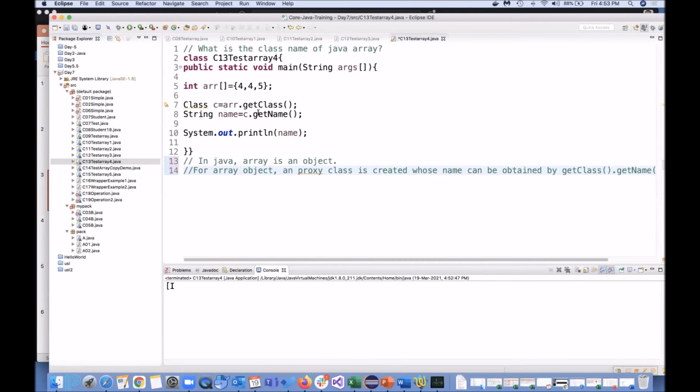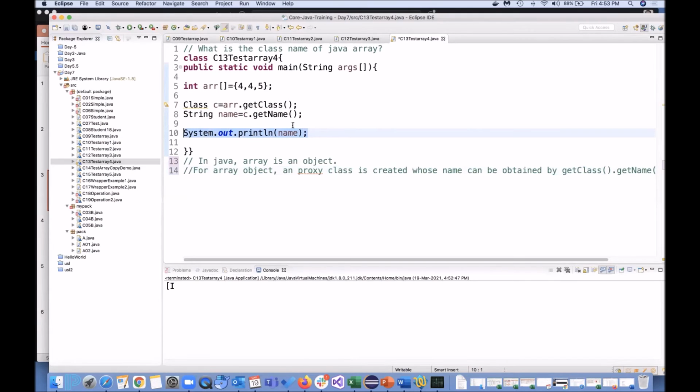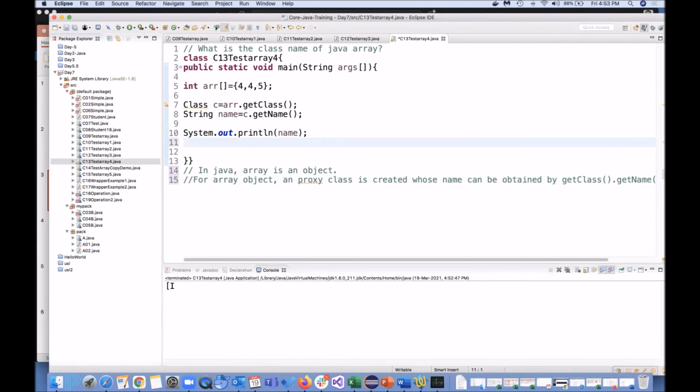So here we have not printed the array. We were just trying to see what the class name is. You can write like this, or if you want to write something like this also you can do. What is my object?